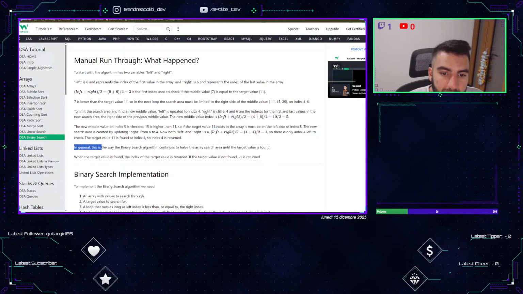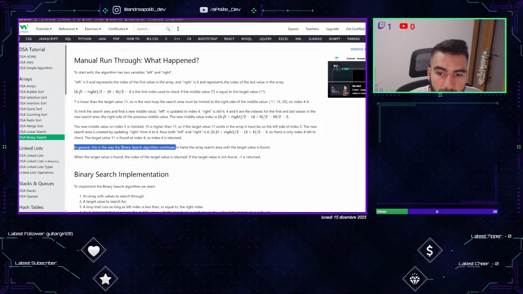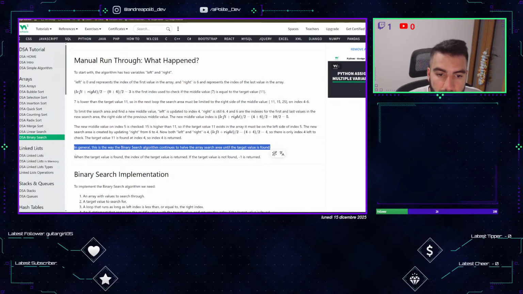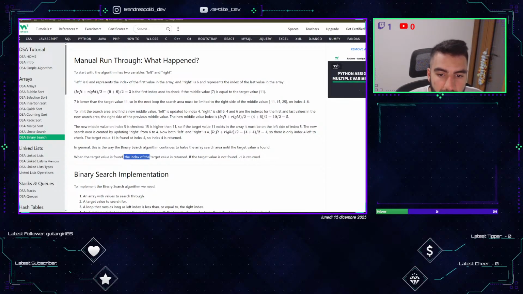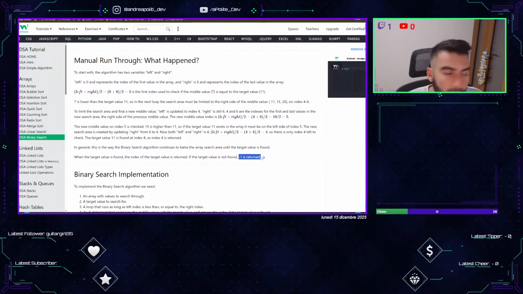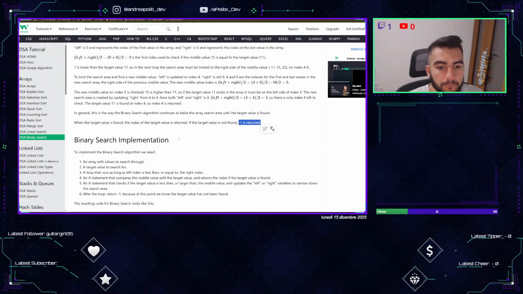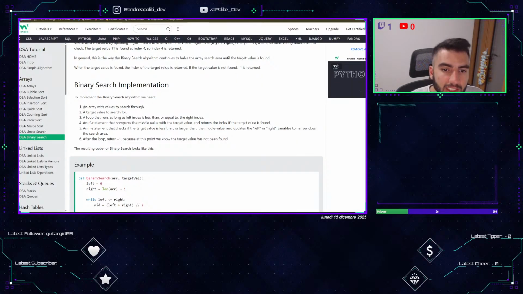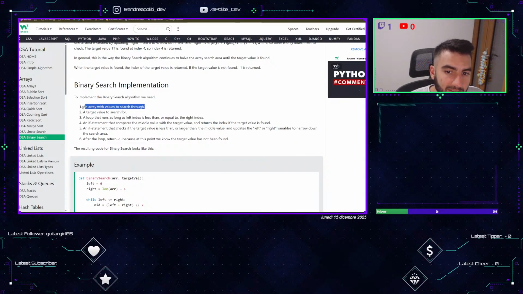In general, this is the way the binary search algorithm continues to halve the array search area until the target value is found. When the target value is found, the index of the target value is returned. If the target value is not found, -1 is returned. Okay? To implement the binary search algorithm, we need an array that is, remember, an ordered array,